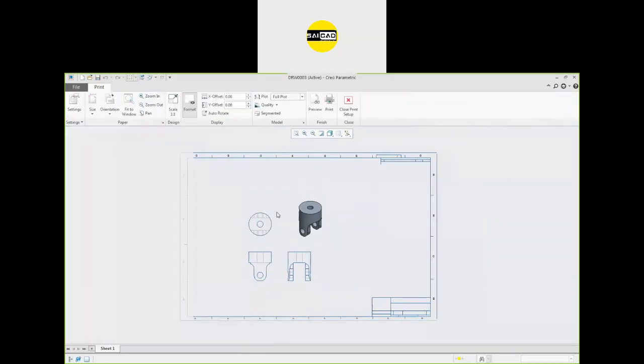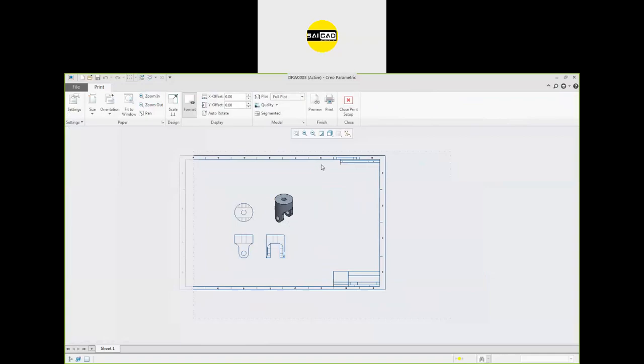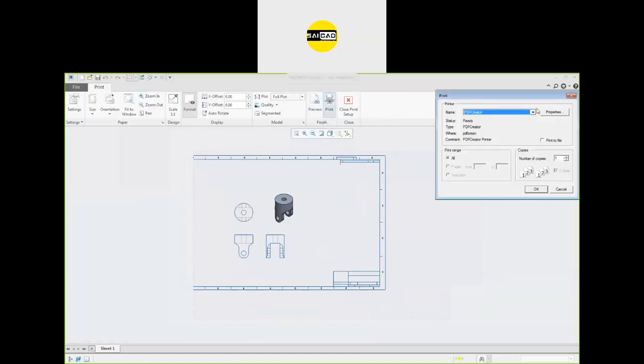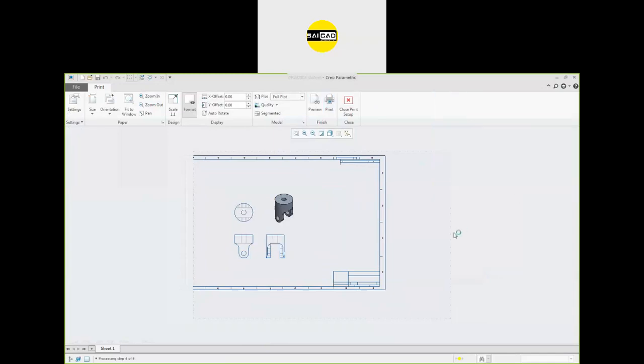Okay. So to print it, we have the control P option where you want to print it. So we have the PDF creator. Okay, that's okay, and you will have the file.